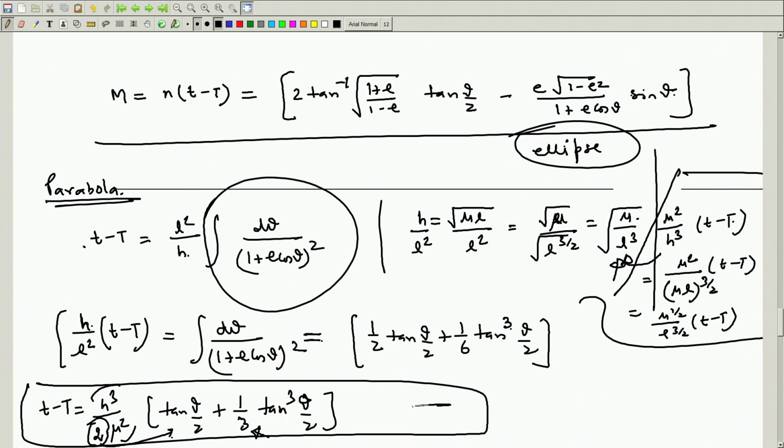Okay. So, this is by usual integration process we got, and this we have got by using the standard equation given in the text. So, there is no difference between either this or that, both ways it is the same, but in one case you have to remember the equation, in another case you can derive it if you know a little bit of the integration process.